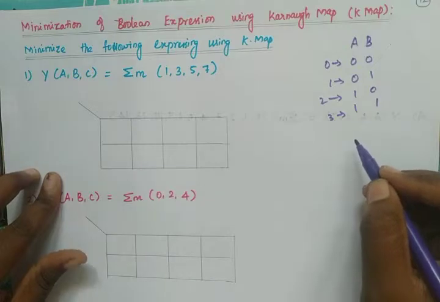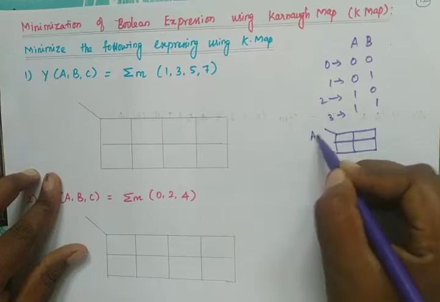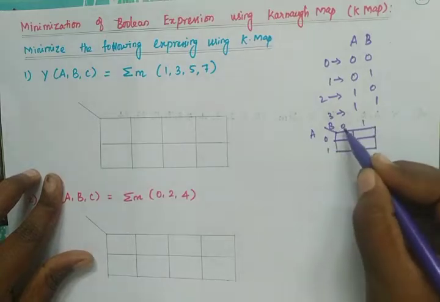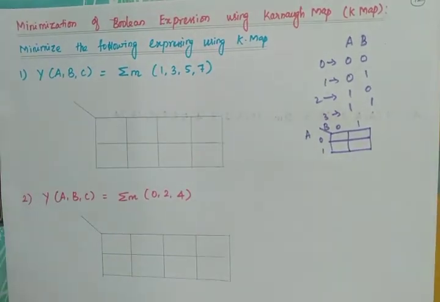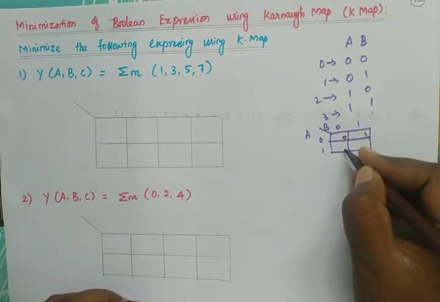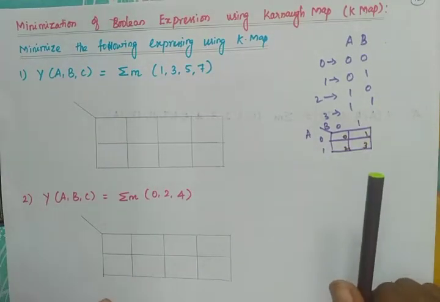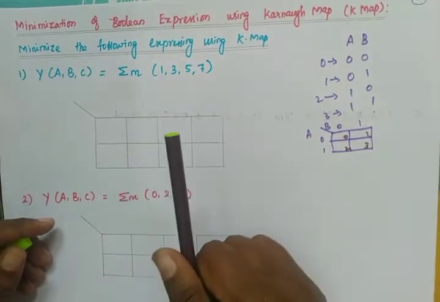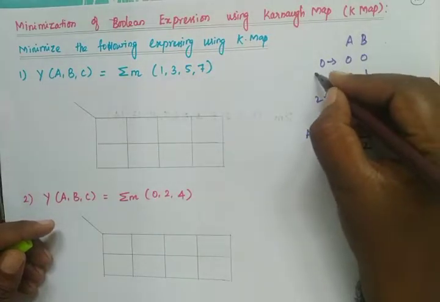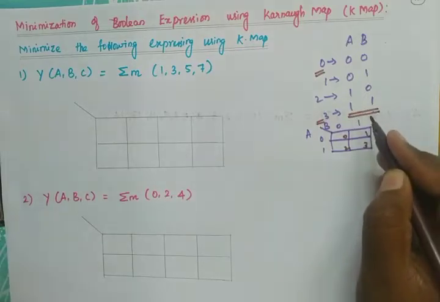If it is two variables, we must use the K-map like this, because we have only two variables A, B. Either we will have 0 or 1. So 00 represents 0, 01 represents 1, 10 represents 2, 11 represents 3. So this is the two variable K-map. This is the three variable K-map. How do we say this is three variable and this is two variable? Because if it is two variable, the number starts from 0 and ends at 3, since after this we cannot combine the zeros and ones.